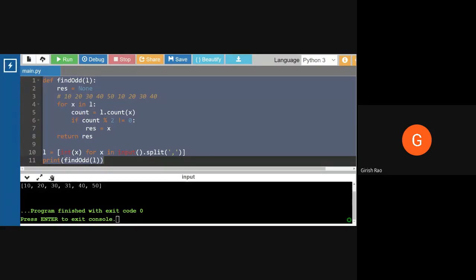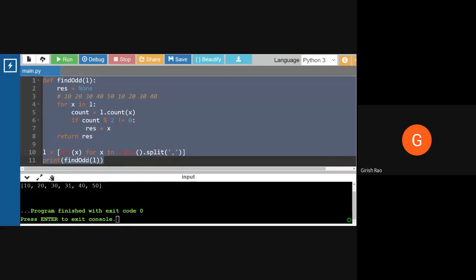I plus 1, length 0 to length, next element, count 1. If count equal to 1, return. Okay, good. Outside your return. Yes, outside it is. What you should do is take a variable and make it minus 1, for example r is equal to minus 1. As soon as the condition is 1, return that particular value. Otherwise, outside you should return that particular variable.